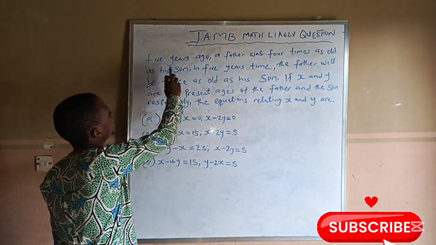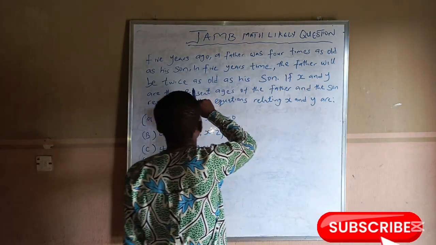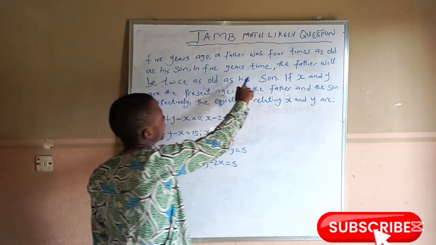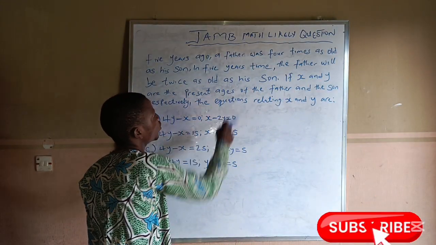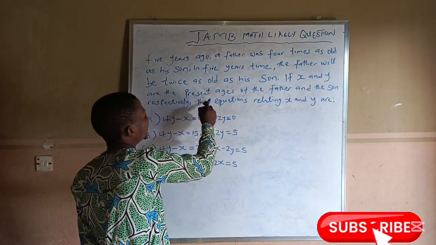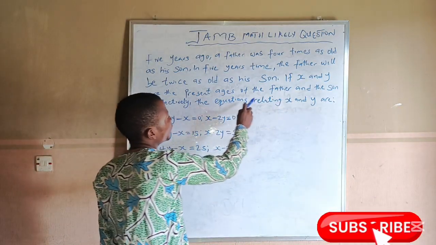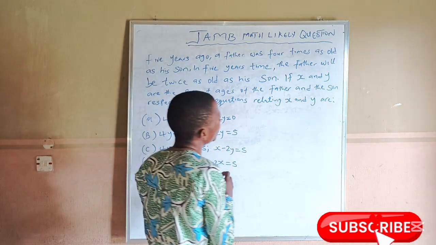Say, 5 years ago, a father was 4 times as old as his son. In 5 years' time, the father will be twice as old as his son. If x and y are the present ages of the father and the son, respectively, the equation relating